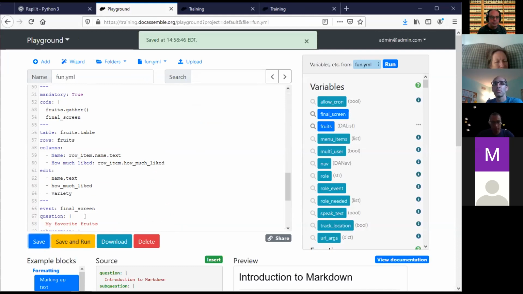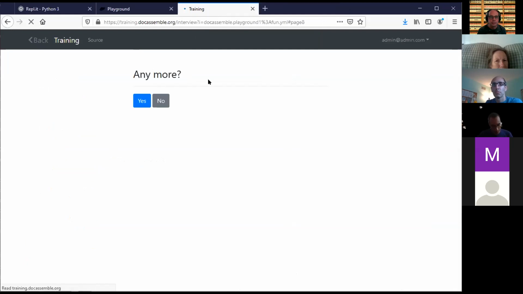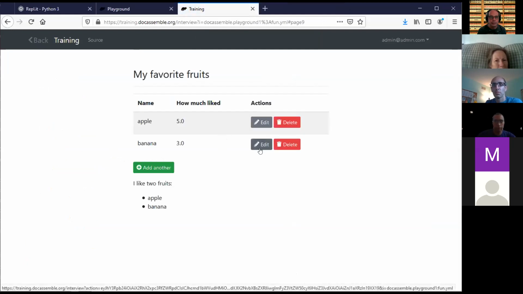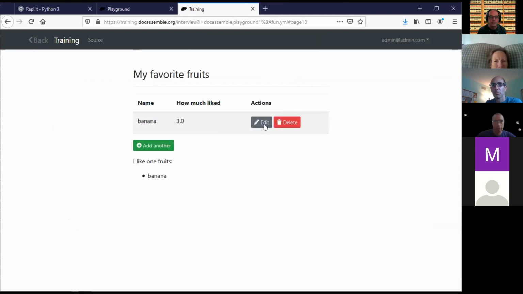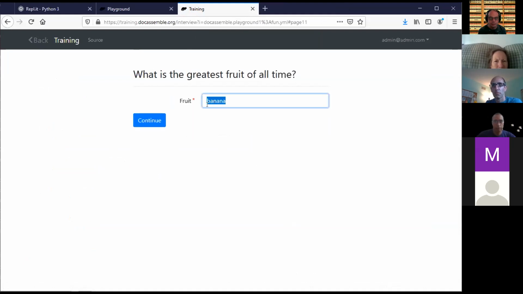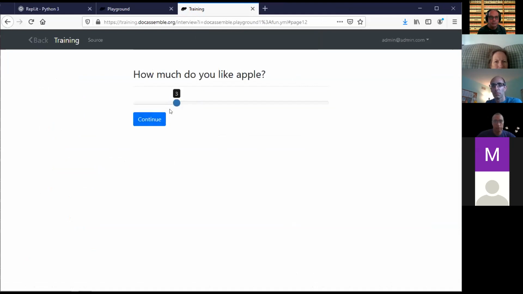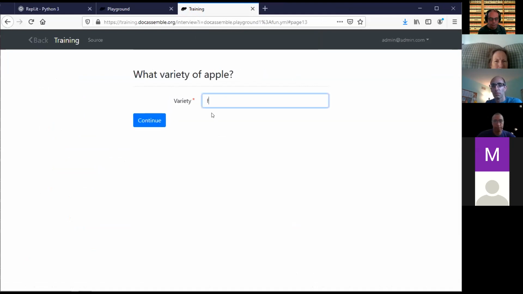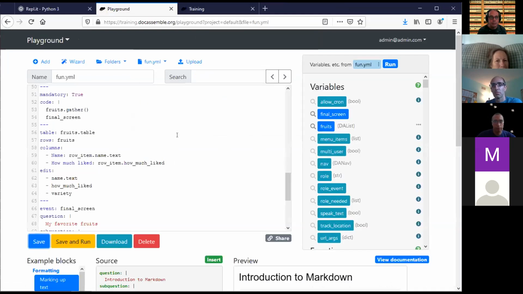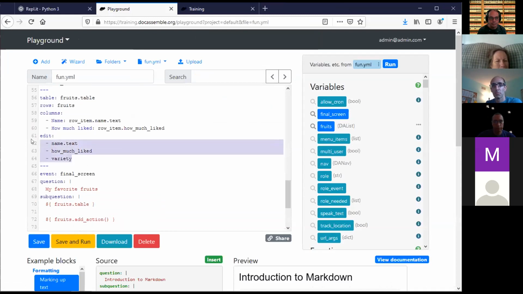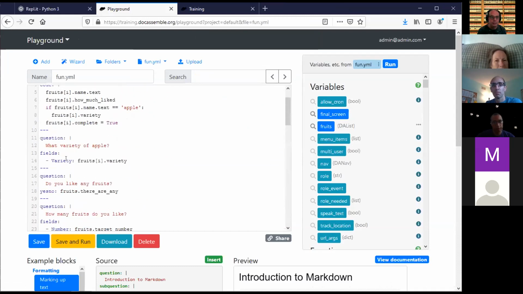If somebody edits a question. So if I were to edit, say I deleted apple and then I edited banana and I changed this to apple, it'll say how much, and then it'll know to follow up to say what variety. But the problem with this is that it's going to think that you want to ask about the variety of a banana or a variety of a peach, but you can avoid that by going up to your